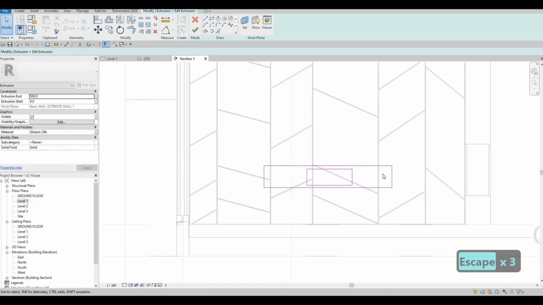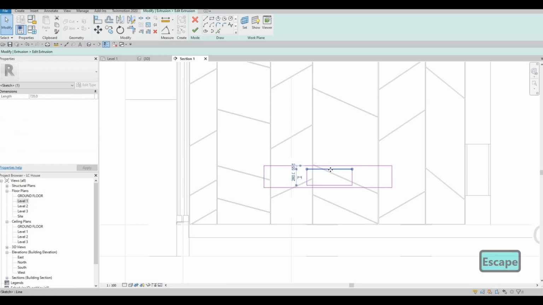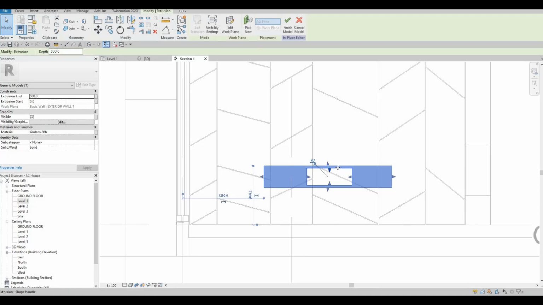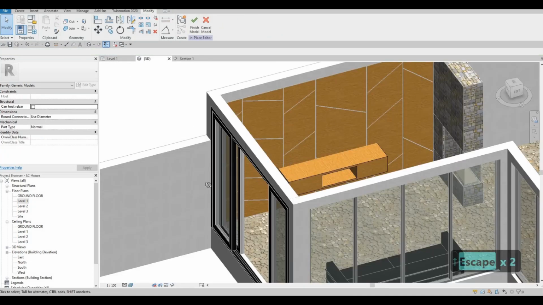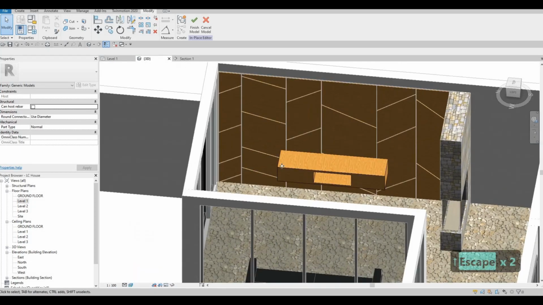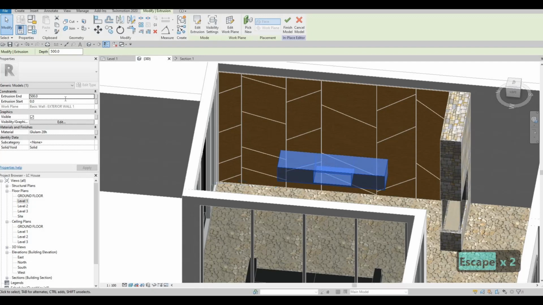So once we do that, we could add in a door here, probably a hinge door or just a simple door that we could just add. Then here we could just click on finish and it will create an opening right there. And if we see it, it will look like that. I think 500 is too much. Maybe we should just add 400